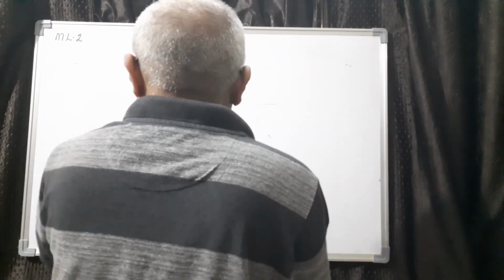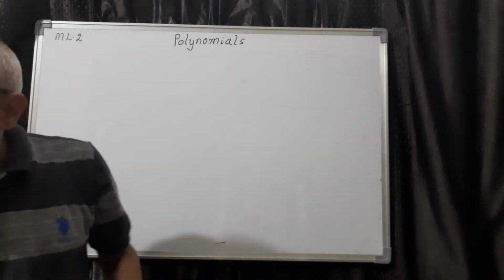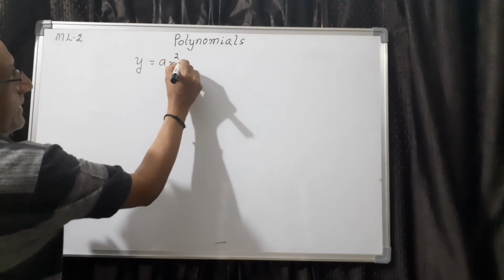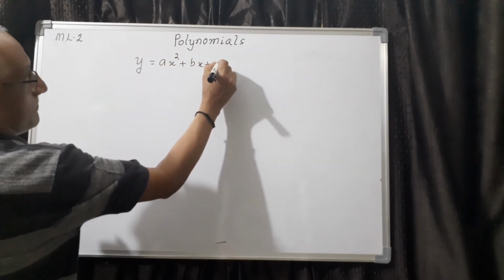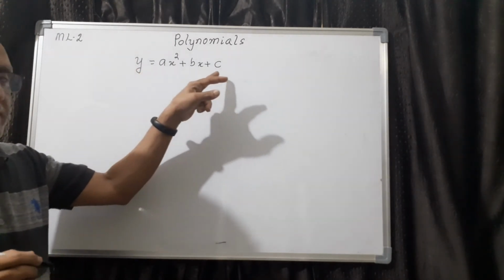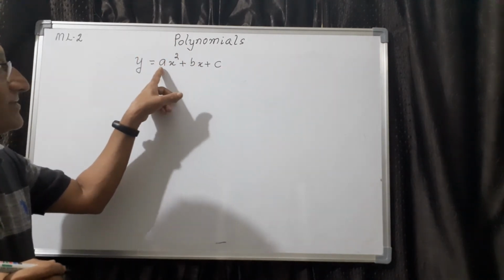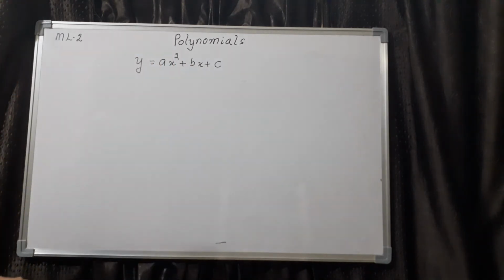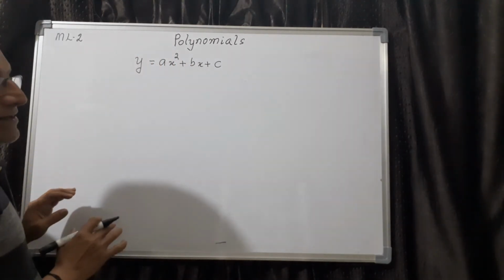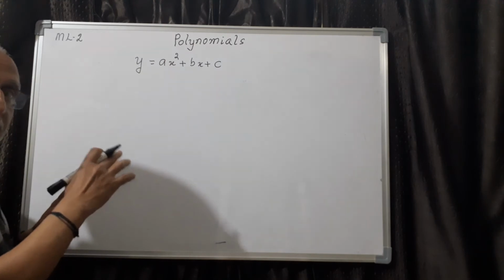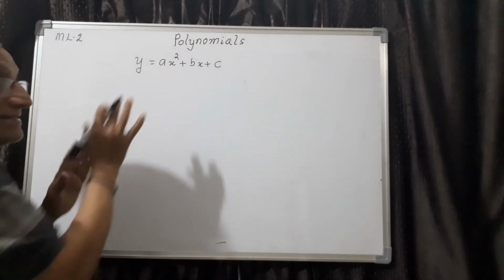So let us take y equal to ax square plus bx plus c, a quadratic polynomial. Of course, whenever you say y equal to ax square plus bx plus c, a quadratic polynomial, the condition is that this a should not be 0. If this is 0, what happens? This term will be 0, so it becomes linear. Therefore, the condition is a not equal to 0. Now, this is given. Now, you know that any quadratic polynomial can be factorized. Of course, sometimes it is not possible. That is a different thing. Let us assume that it is factorizable.